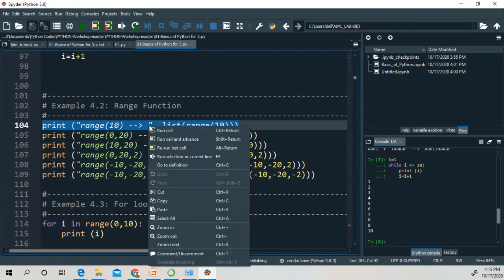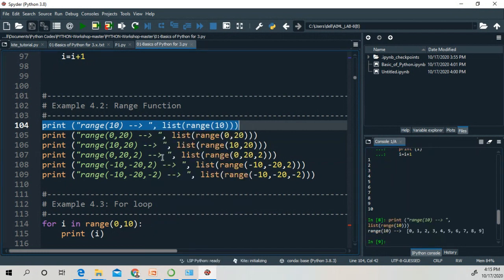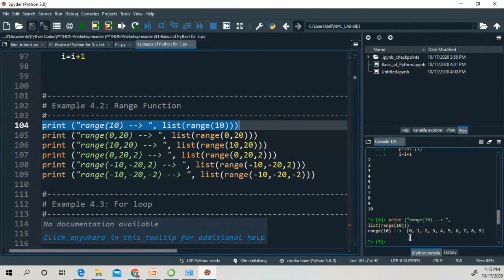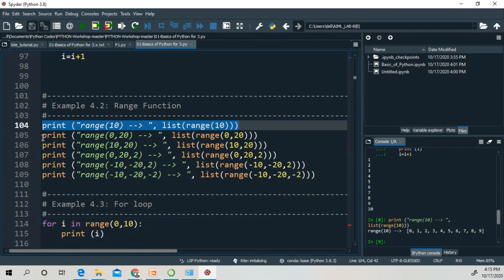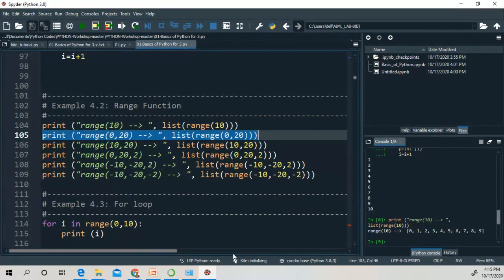Let's execute this one line. As you can see right here, it will start from 0 till 9. It will print the output. Okay, 0 to 9. Next, print range 0, 20. So range function is used to print the values in between two numbers. So here we are going to use two numbers, 0 to 20.